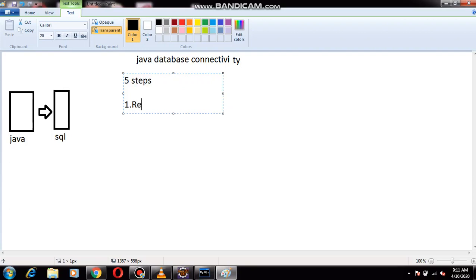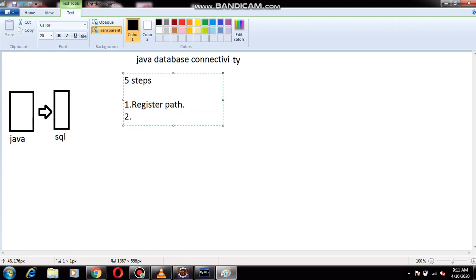The first step is register. So register path. What is this register path? Now I am traveling from Java to database. If I want to travel from Java to database, we definitely require some path. In older classes, whenever you were running a Java program, we went to the bin folder and took the Java path. Same like that, if you want to work with SQL, we require the path of the SQL. That path is nothing but the registration path.